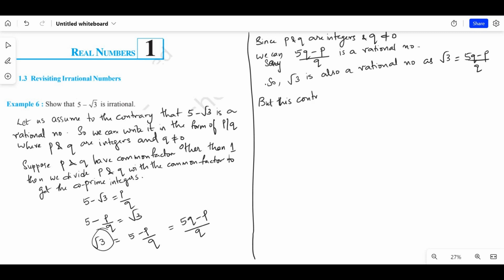the fact that root 3 is irrational. We have already proved that root 3 is an irrational number. So root 3 being a rational number, this contradicts. So this contradiction has arisen